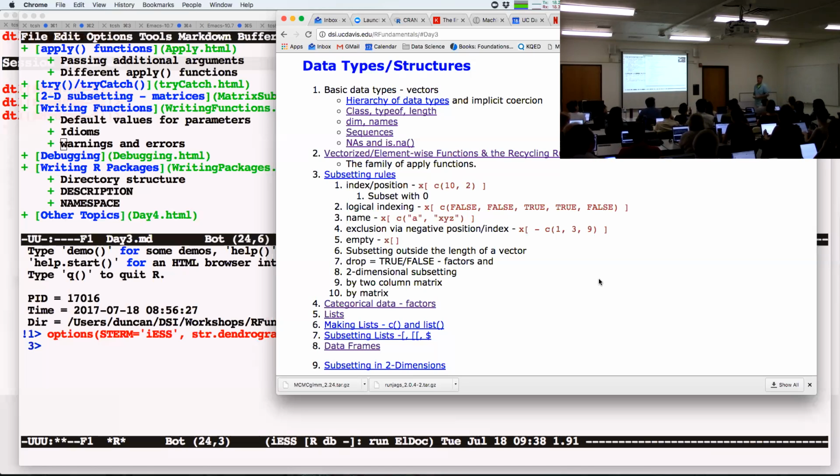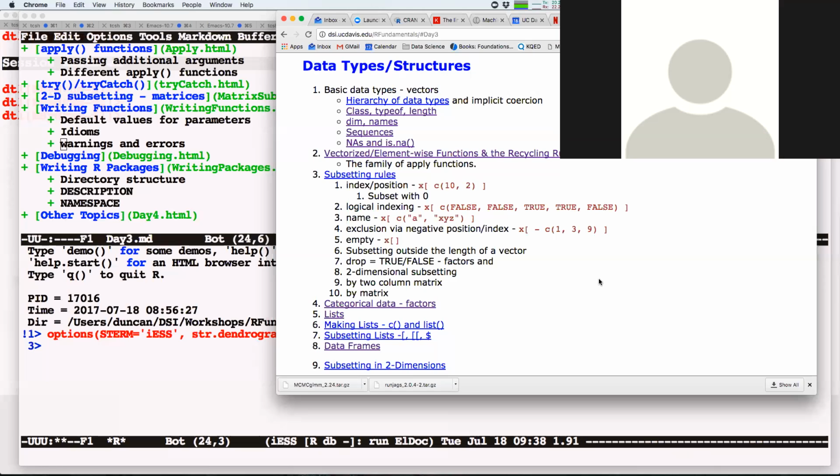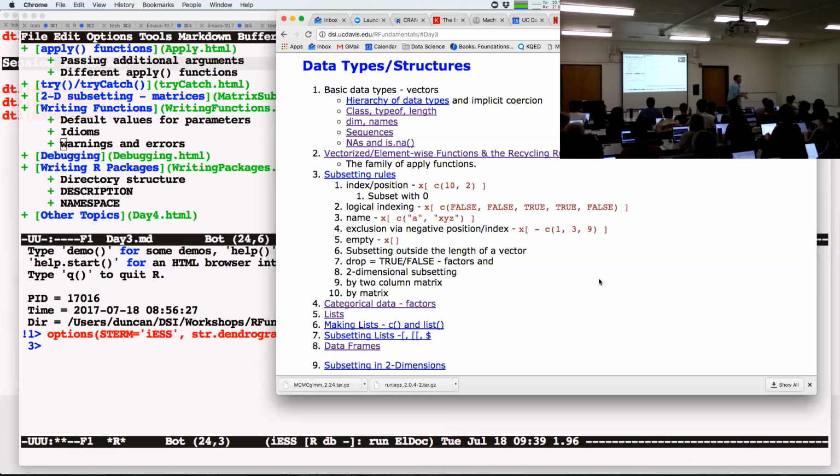How am I going to vectorize that? I need to generate 10 values from a standard normal, 100 values from a normal with mean 100 and standard deviation 2, and another 30 values with other values of mu and sigma.